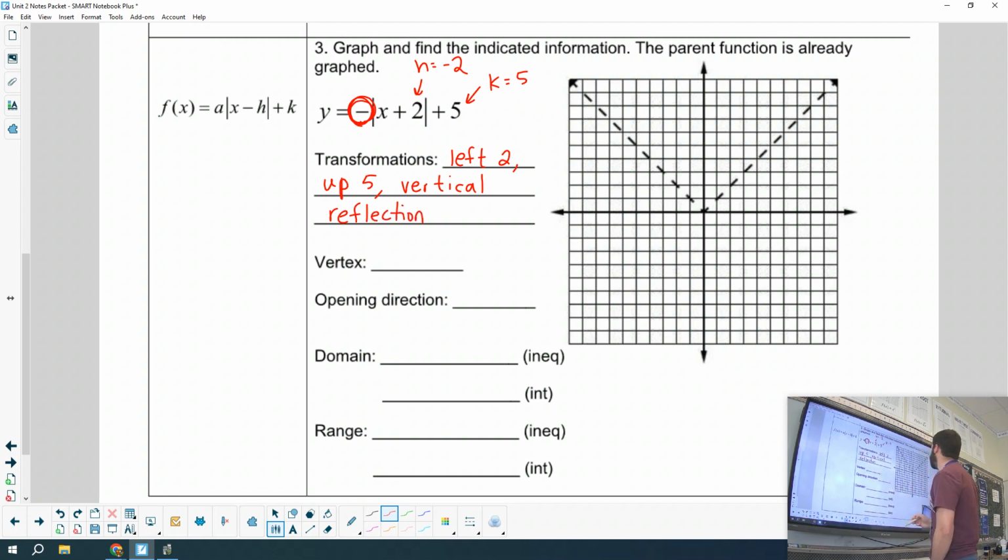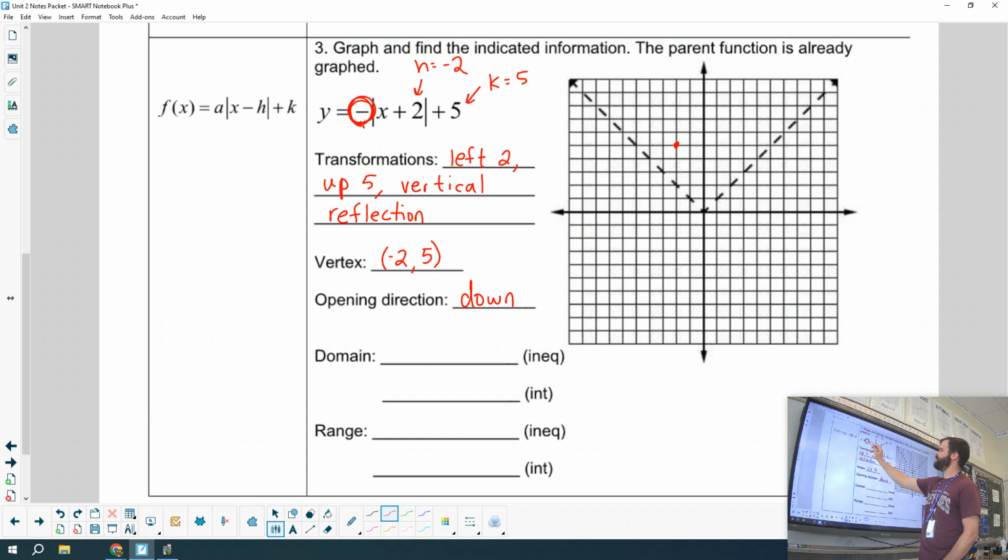Okay? A vertical reflection. So let's put all these pieces together. First off, left 2, up 5. Left 2, up 1, 2, 3, 4, 5. There's my point. Okay? Then that means my vertex is going to be at -2, 5. There's my vertex at -2, 5. And then my graph is going to open down